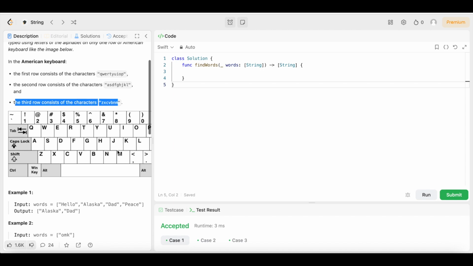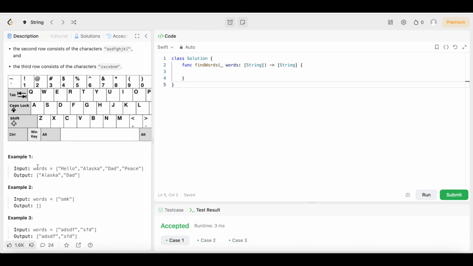What we want to do is, well, let's look at the example. So we have the words. The words equals an array of strings: Hello, Alaska, Dad, and Peace. We want to find out which of these words from words can we create by only using one row of the keyboard, right? So the output is an array of strings, Alaska and Dad, because you can spell the word Alaska without switching rows. So you could spell Alaska on this row right here. This is the only row that you need to spell Alaska, and it's